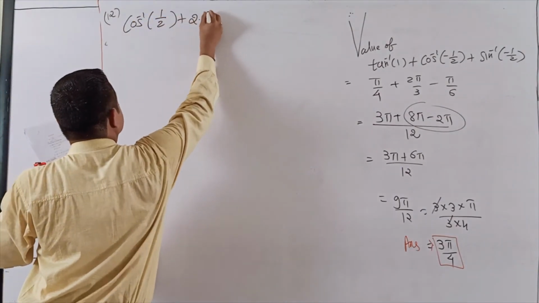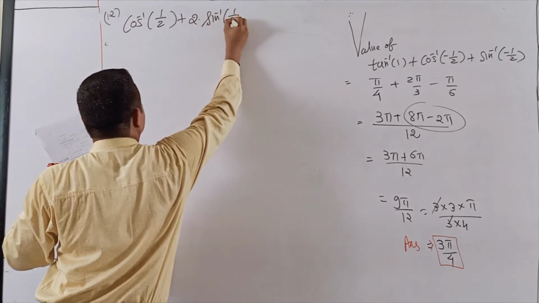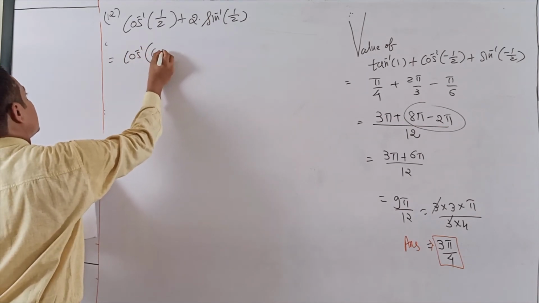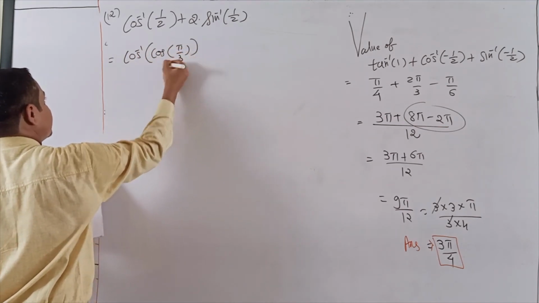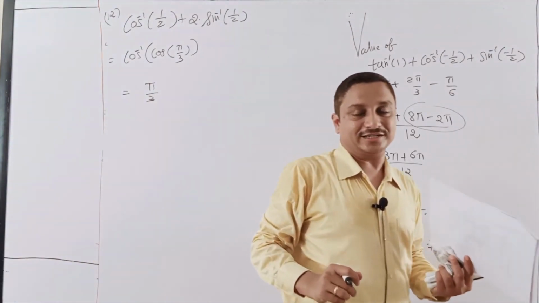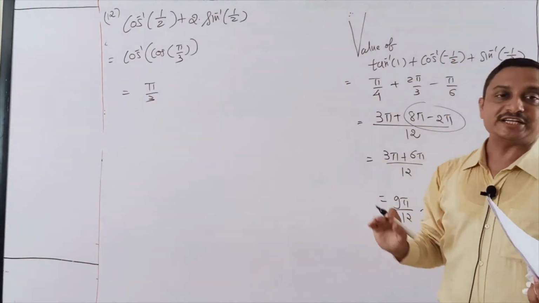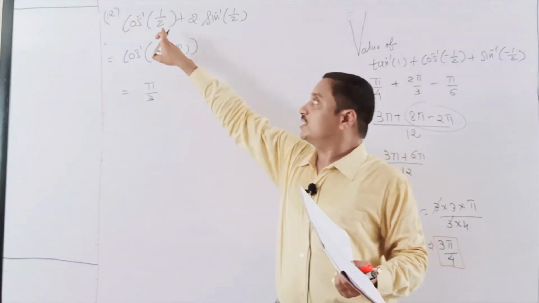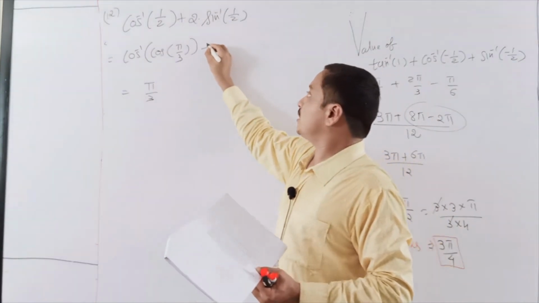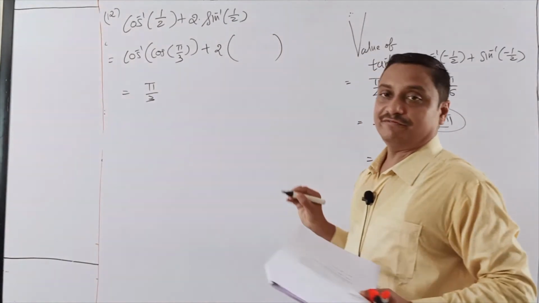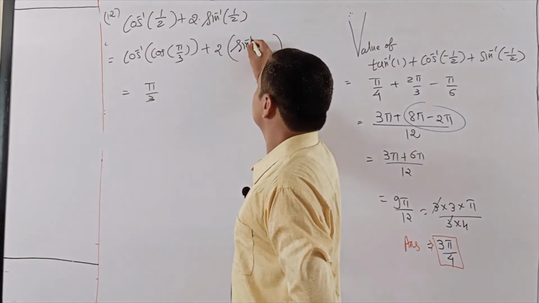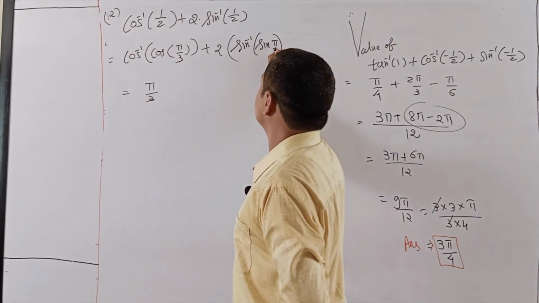Cos inverse half plus 2 times sin inverse half. It's very easy. First of all, when cos is half, yes, 60 degrees. So your answer is pi by 3. Students, here it is a direct calculation, not assumption of y-wise and x-wise. Directly asking when cos is half, it is 60. So answer is pi by 3. Here same I am asking when sin is half. Yes, it is 30. So sin inverse sin 30. 30 means pi by 6.